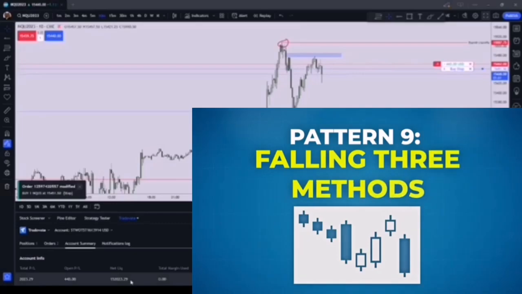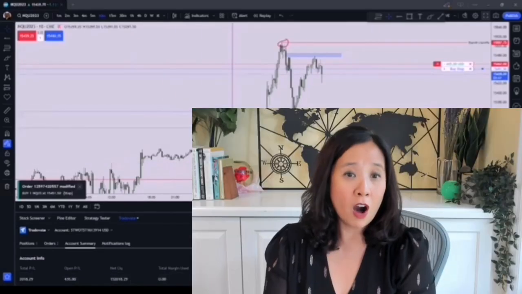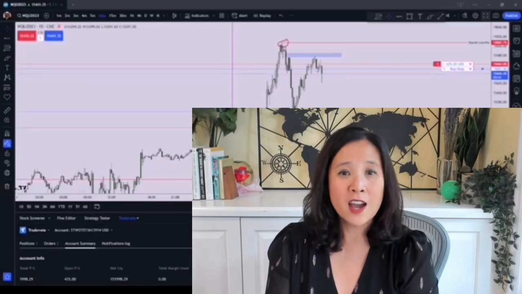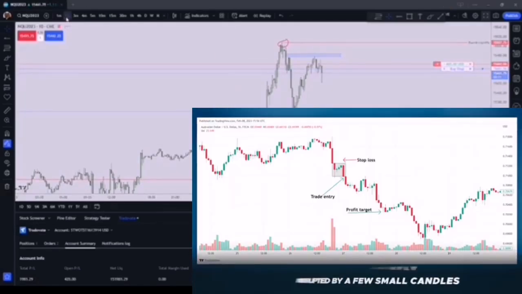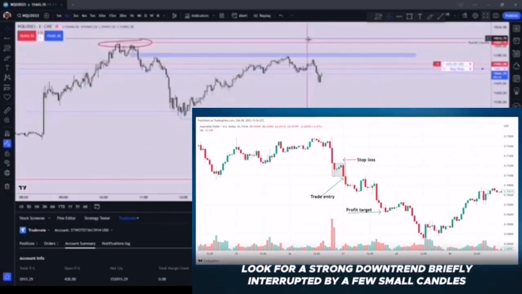Our ninth pattern is the falling three methods pattern. While it is called the falling three methods, it is actually more than three candles, which can be slightly misleading. In this bearish continuation pattern, what you're looking for